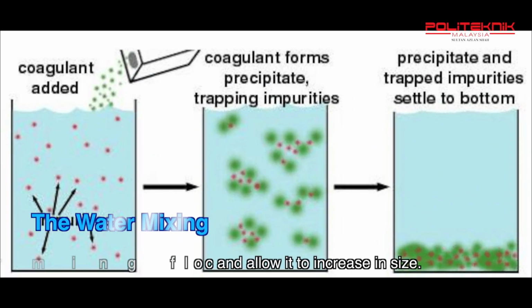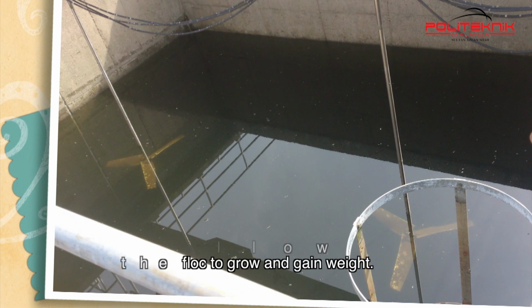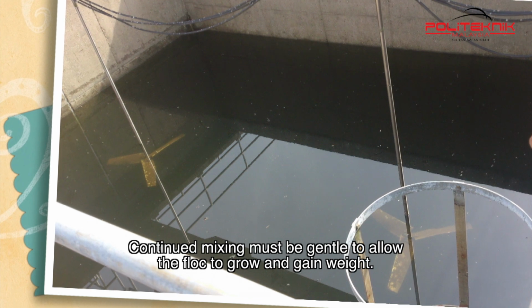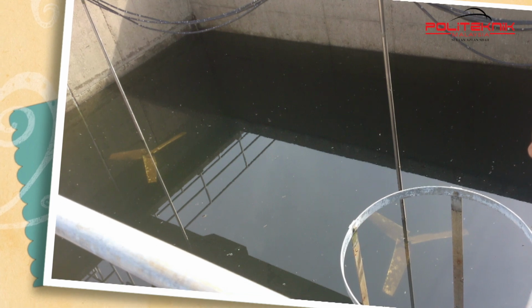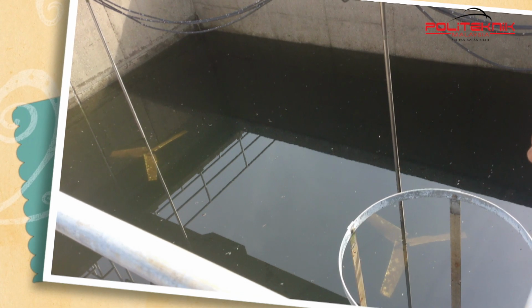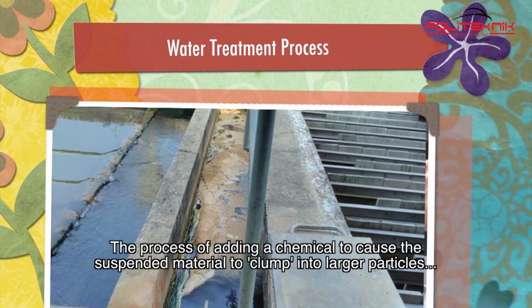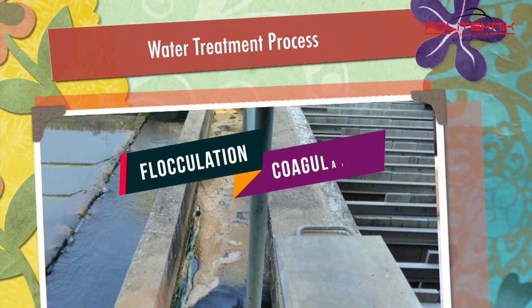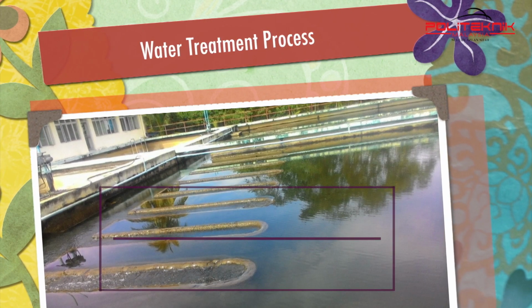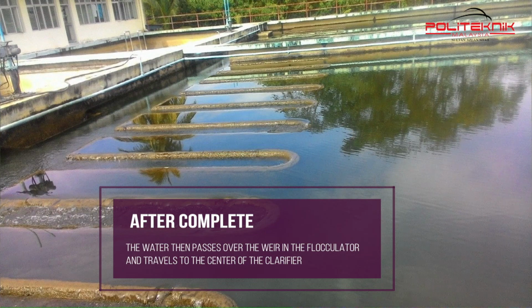The water mixing is then slowed to allow the water to come in contact with the forming floc and allow it to increase in size. The continued mixing must be gentle to allow the floc to grow and gain weight, but fast enough to keep it in suspension until you are ready for it to settle in the clarifiers. The process of adding a chemical to cause the suspended material to clump into larger particles is called flocculation or coagulation. Once the flocculation process is complete, the water then passes over the weir in the flocculator and travels to